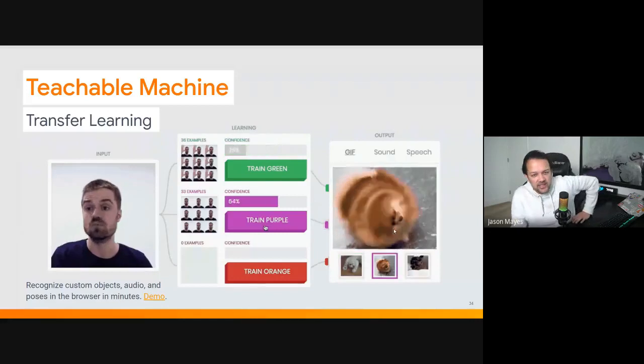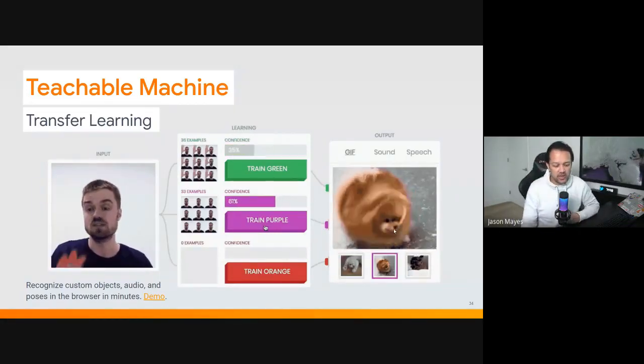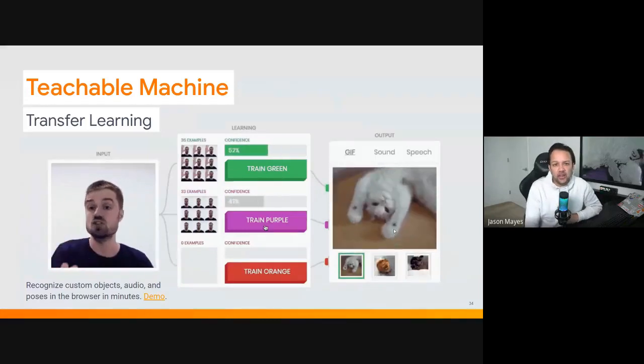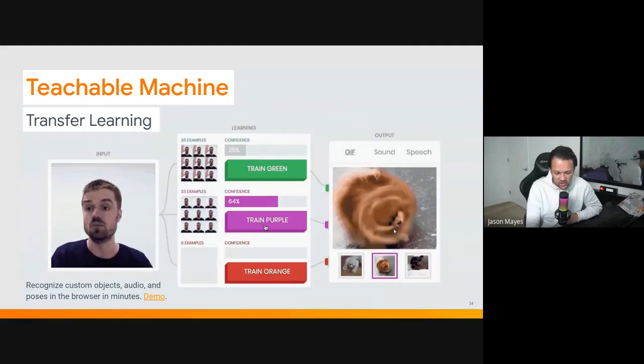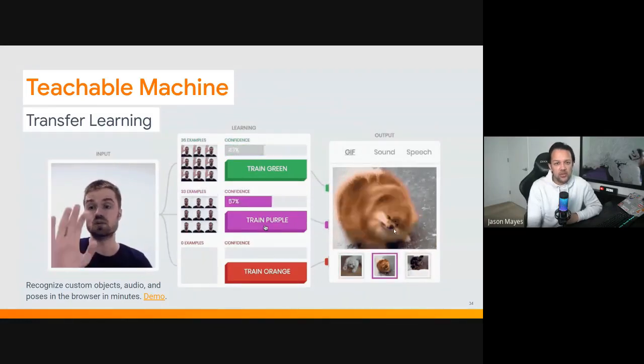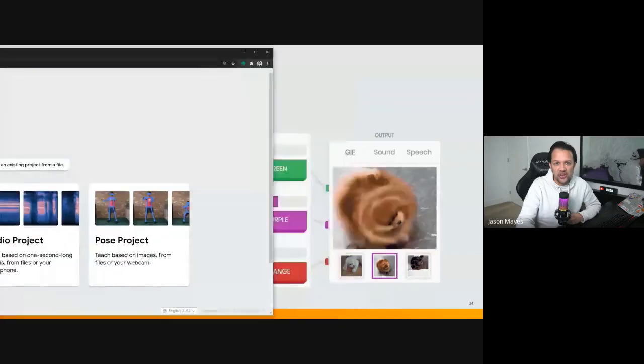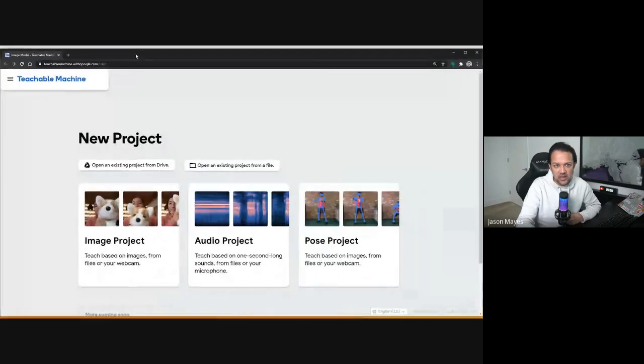This is essentially a website that one of the Google teams called Creative Lab created. And it allows you to retrain 3 common use cases: object detection, pose estimation, and sound detection. So if you want to recognize custom things in each one of those areas, you can do so. And of course, the best way to show you this in action is to actually show you. So let me drag across my screen again.